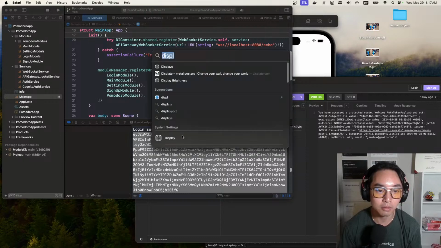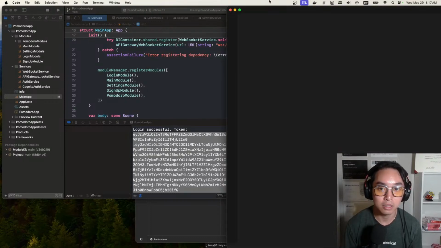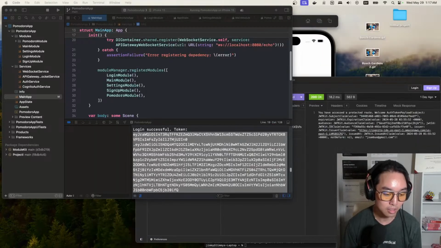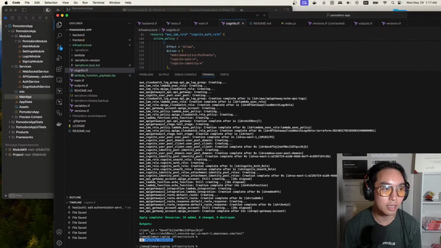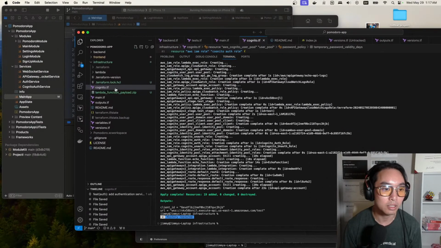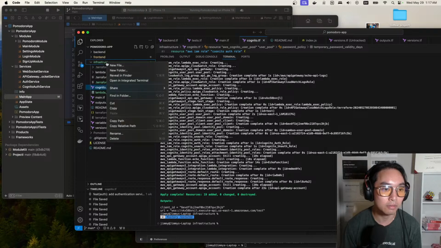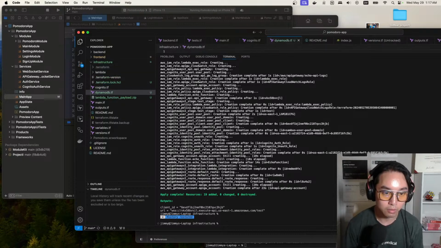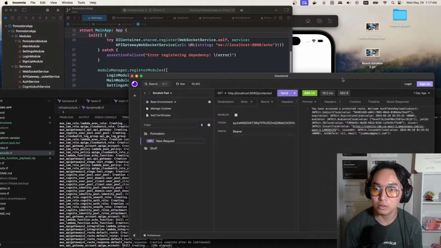So the first thing I want to do is actually, let's bring up the project, and we're going to add a table to Terraform. So in infrastructure, let's do new file. We're going to say dynamodb.tf, and then we are going to go to,